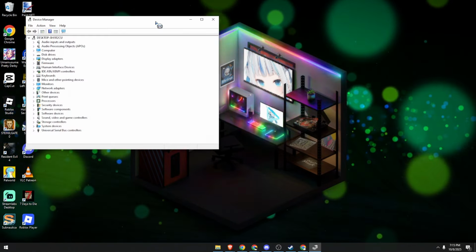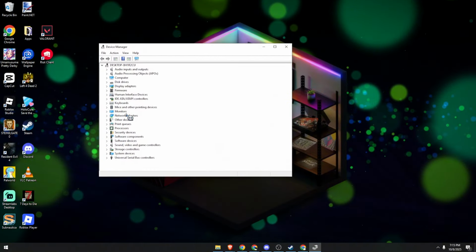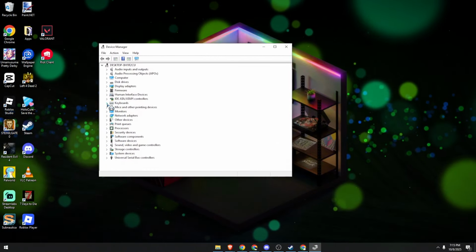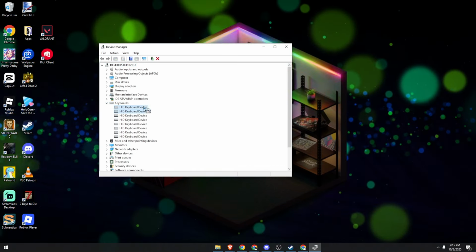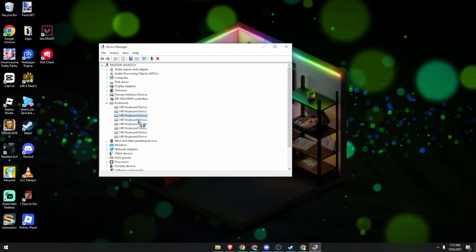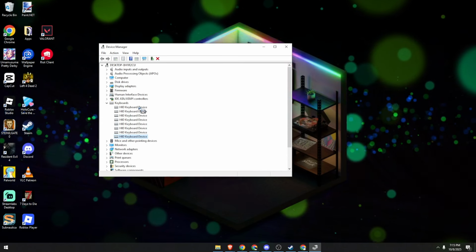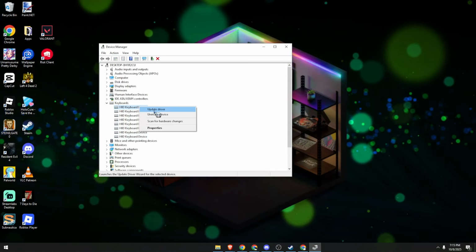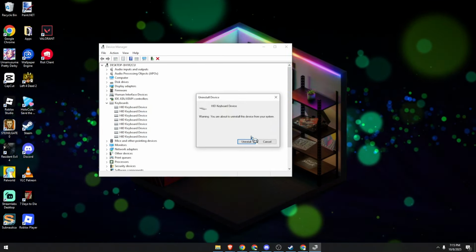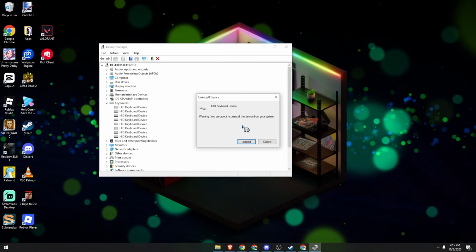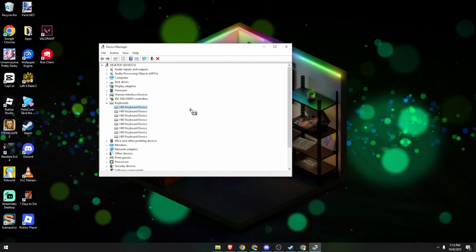Once you have opened your Device Manager, head over to Keyboards, click on the arrow key. Here you will have lots of options for keyboard device. It doesn't matter because we will go through these one by one. Just right click and then uninstall device, click on uninstall, and you will do the same for every single keyboard